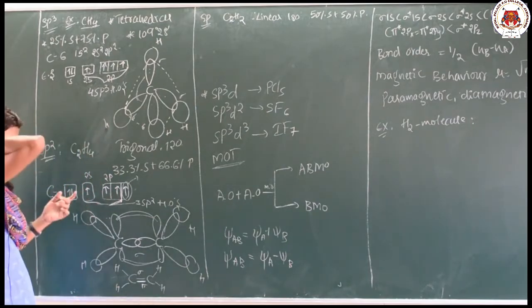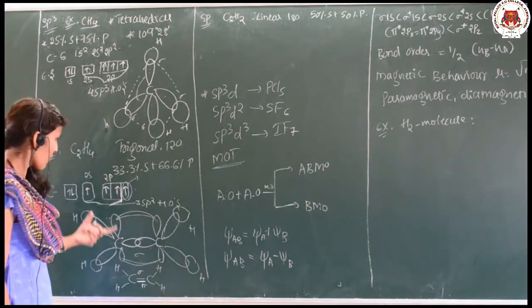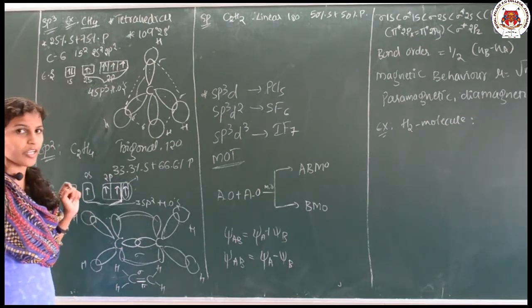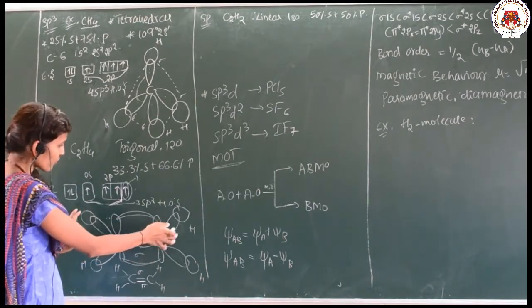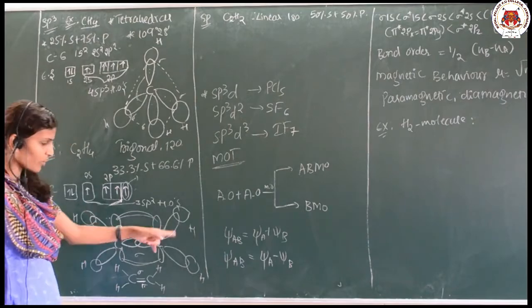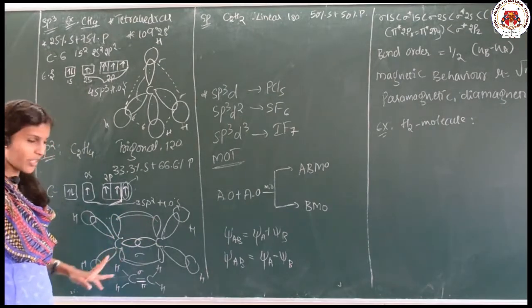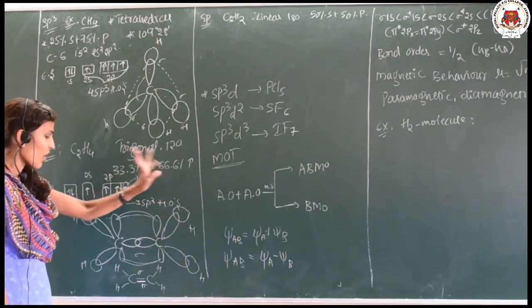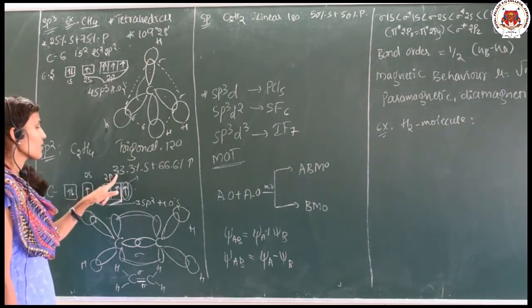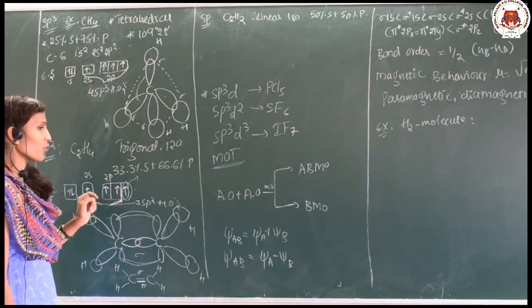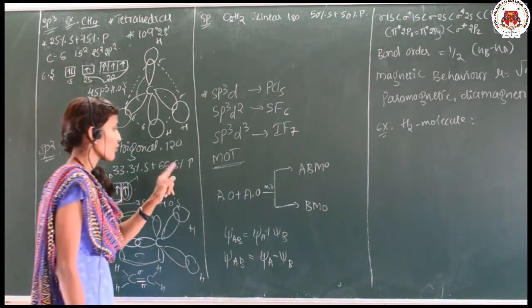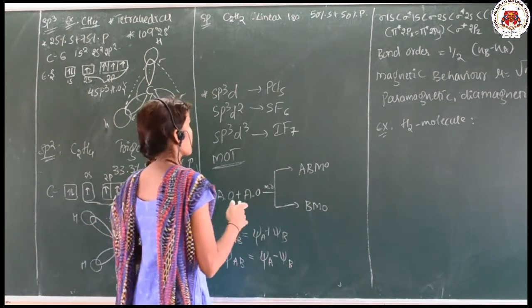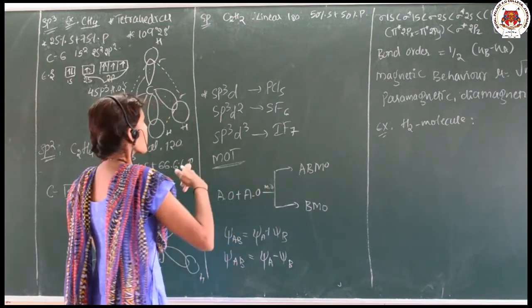So, ethene is the example for sp2 hybridization. I hope you understood. First, we talked about the 3 hybrid orbitals, and next one is the unhybridized p orbital. And here it is a trigonal shape having 120 degrees, and it carries 33.3% s character and 66.6% p character. So, let us go for the sp hybridization.